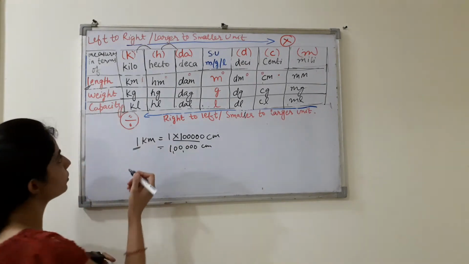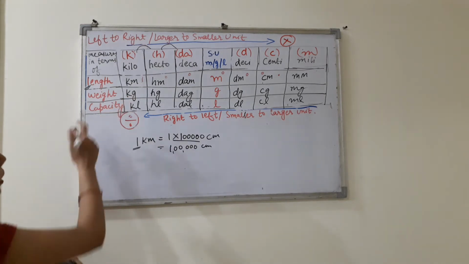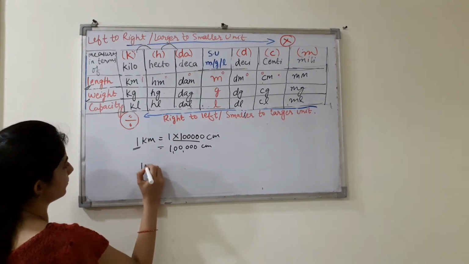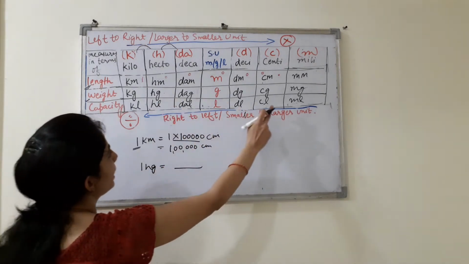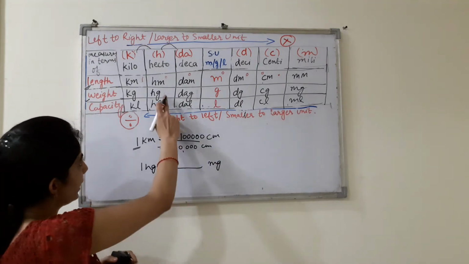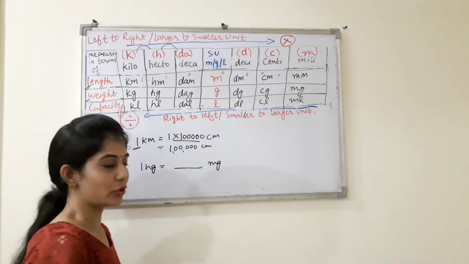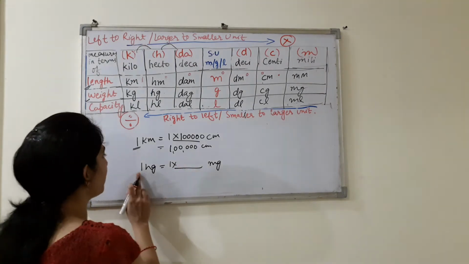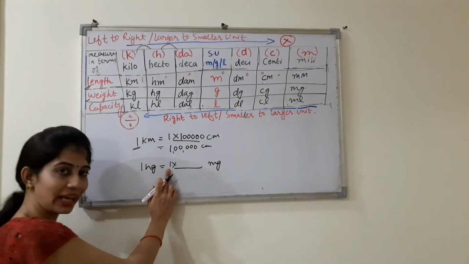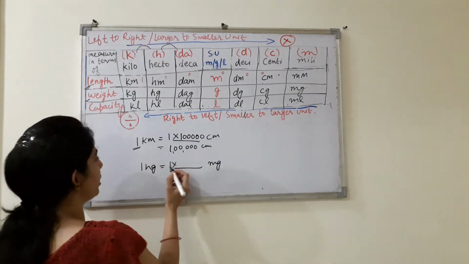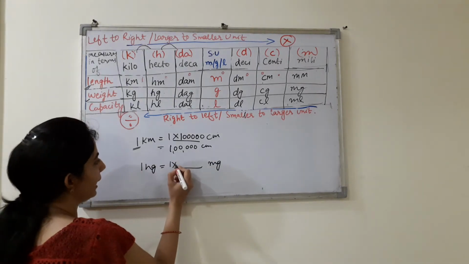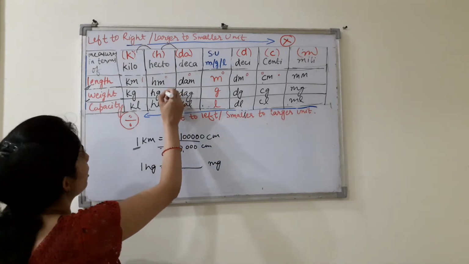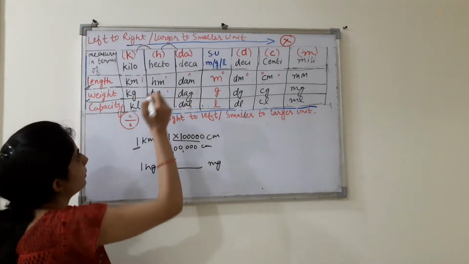Okay, so now we can take one more question. Suppose now I'm talking about weight. Now I want to know that 1 hectogram is equal to how many milligrams, right? How many milligrams are there in 1 hectogram? So simply 1 multiply, as we are changing 1 hectogram. Suppose here it was 24 hectogram, so I would have to multiply with 24, right? So now here 1 hectogram, so 1 multiply, now how many milligrams are there in 1 hectogram? So we are on hectogram, so consider it as 1, right?